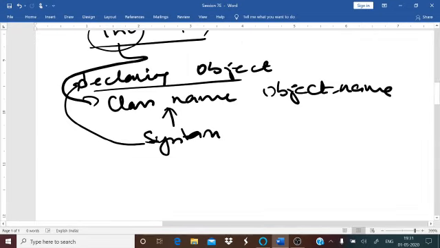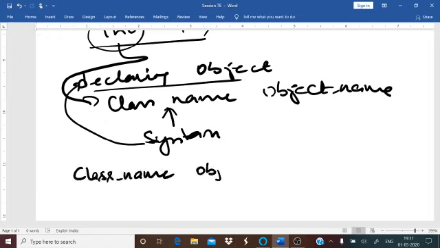Okay, so a declaration introduces an identifier and describes its type. It may be a type, object, or a function, but here the variable declaration is done for an object whose type is a user defined class. So the syntax is class name and object name.